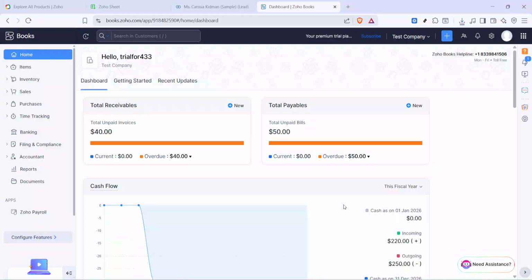In today's video, I'm going to teach you how to close financial year in Zoho Books. By the end, you'll know exactly how to lock your sales transactions so nothing in your closed year can be changed by mistake. This is a simple process, but it's an important control for clean books, consistent reporting, and smoother